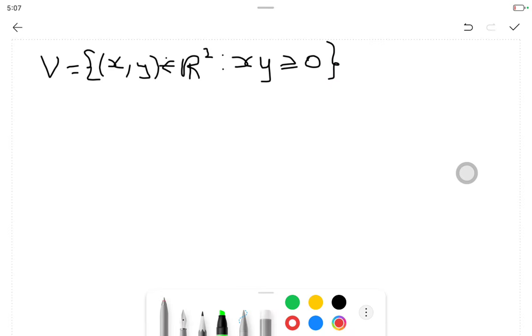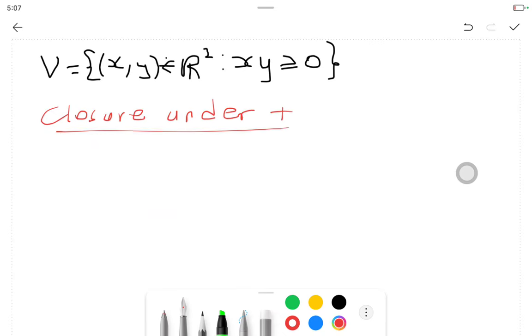So for us to solve this, first I need to check closure under addition. To check closure under addition, I need to let two vectors, so I can let V and U be elements of V. When I let this, it's going to be such that